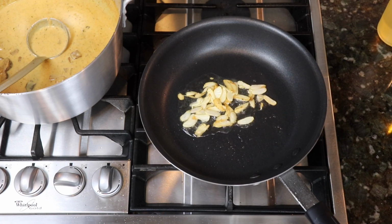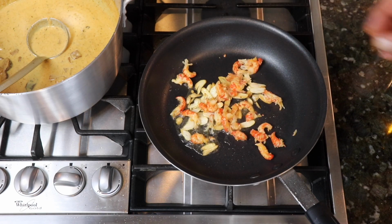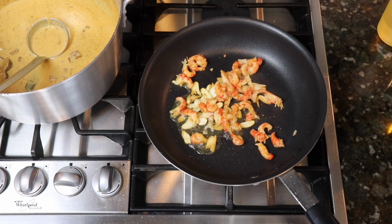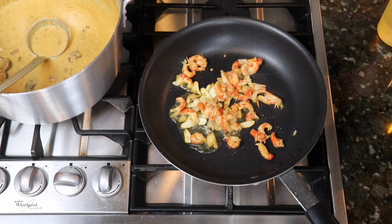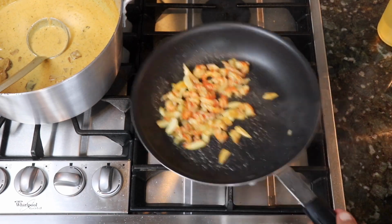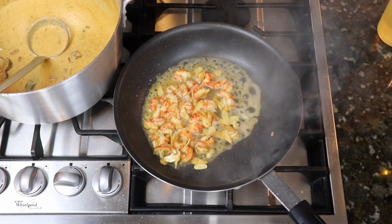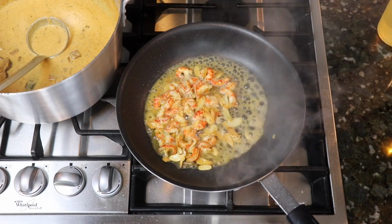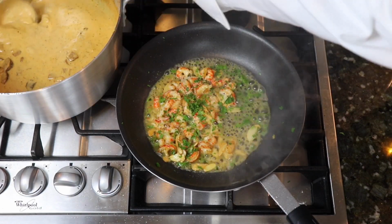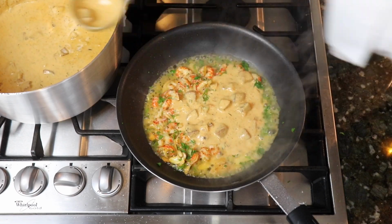Alright, so now that we have that browned off, we're going to throw these crawfish tails in there. And the crawfish tails are already cooked, so we're just going to have to warm them through. Like that. And then we are going to deglaze with some, of course, that white wine. We're going to throw in some fresh parsley, and then we're going to put in that andouille sausage veloute we just made,